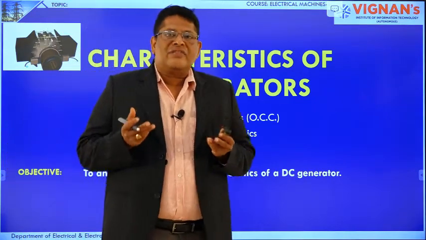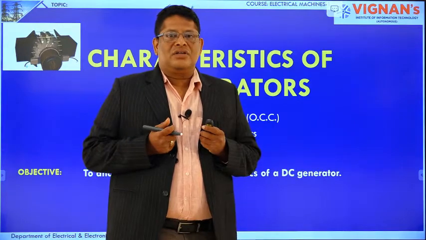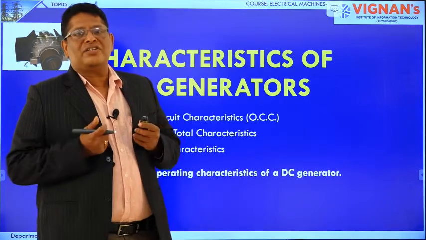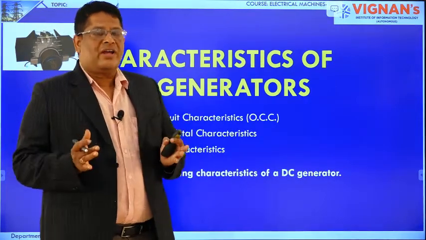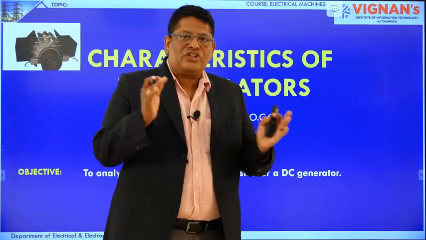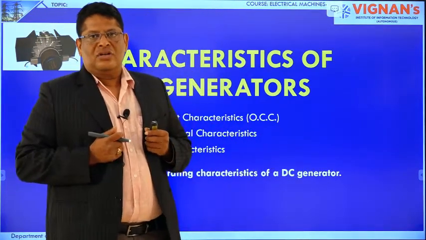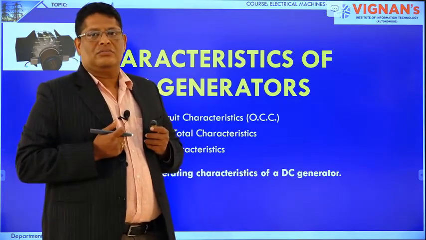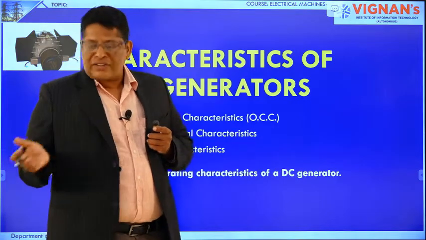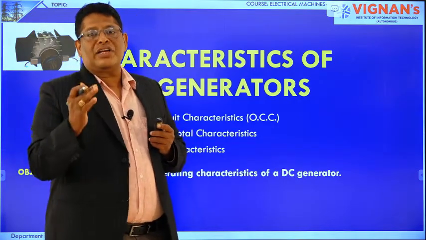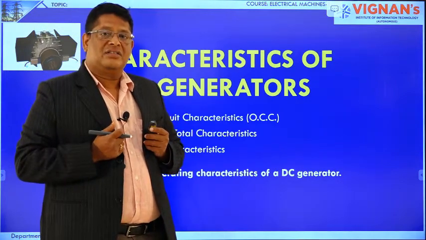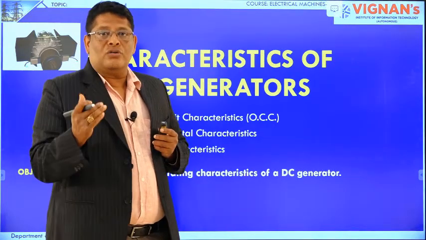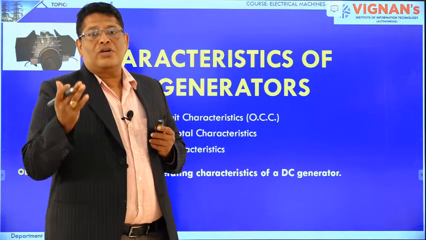Why do we study the characteristics of any machine? It means to know the performance of the particular machine. Suppose we have one DC generator, and across the generator we connect some load. Whenever we connect a load across the generator, we should know how much voltage it is giving to the load. If you further increase the load on the generator, the voltage across the generator will decrease drastically. So we should know at what load the generator can give the voltage within the limit.